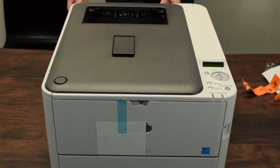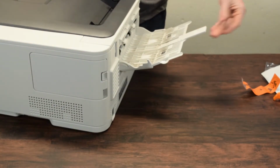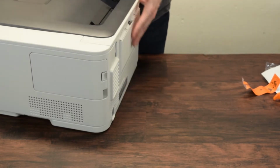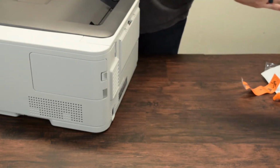There's a tray in the back here for manual feed. Very similar to a lot of printers. You feed the paper in manually here. Otherwise that goes up. The interesting thing about this, and I'm trying not to be super boring with a printer